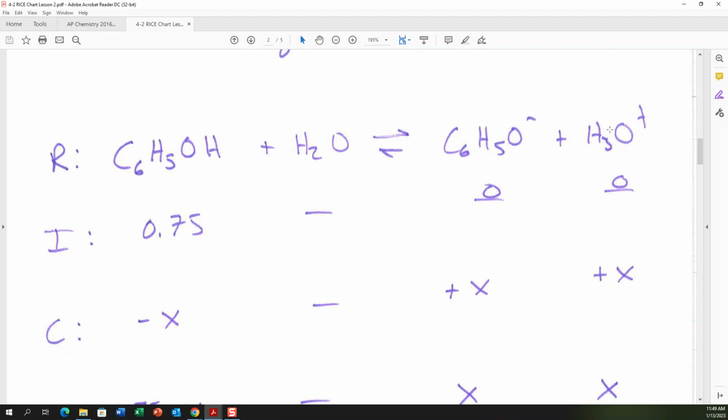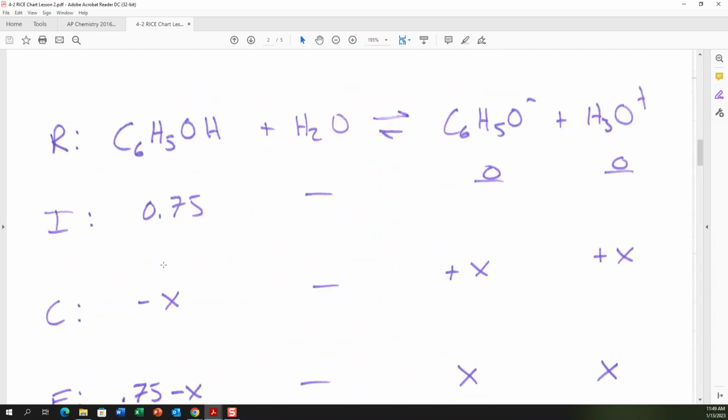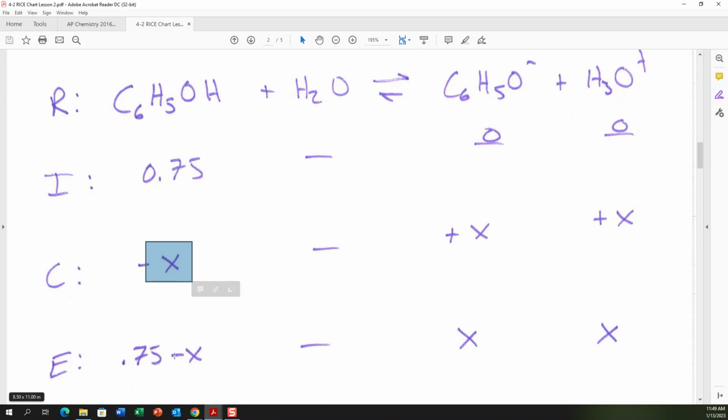I don't need a lot of this to reach equilibrium because this equilibrium constant is telling me that when equilibrium is established, you have a lot more reactant than product. So the concentration of this at equilibrium is going to be much higher than the concentrations of these at equilibrium. So what does that tell you about x? It tells you that x is going to be a really small number, right? So this is going to lose x, right? 0.75 minus x, we're going to lose x, but x is going to be so small compared to 0.75